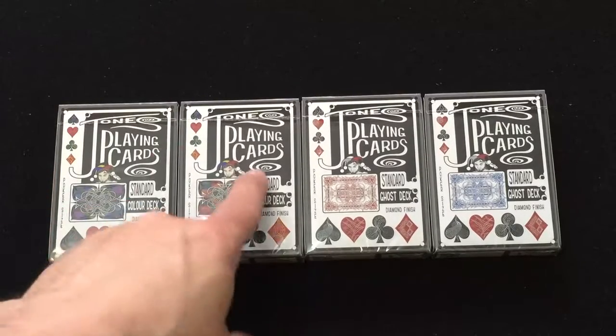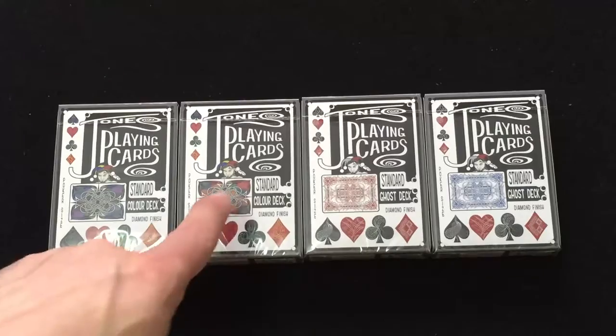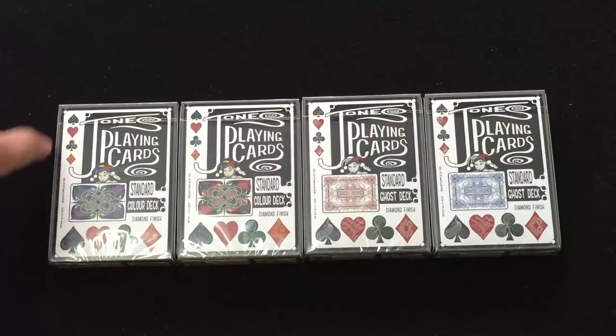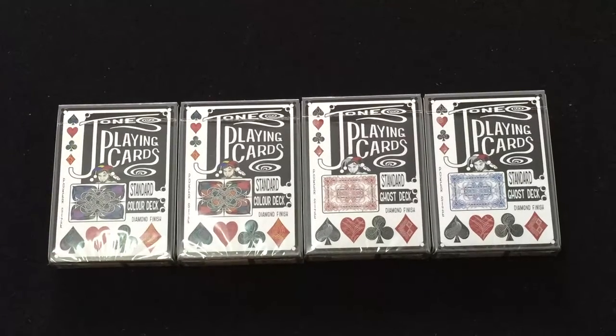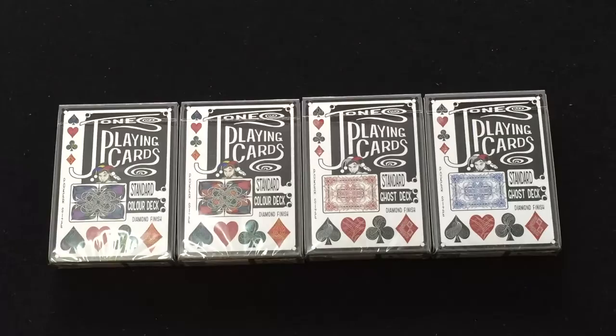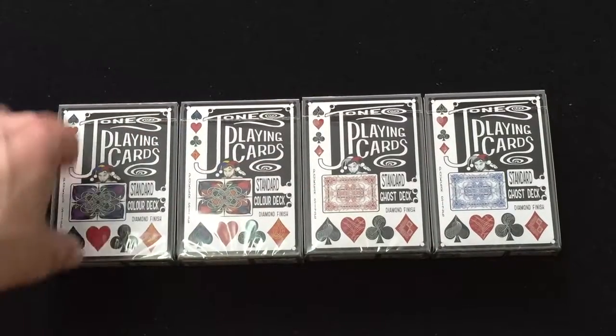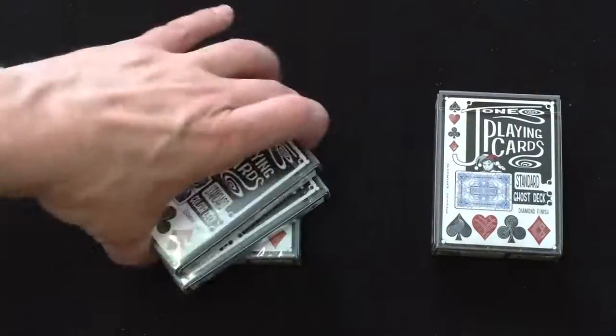Front says Jones playing cards, standard color deck, diamond finish, and standard ghost deck. And it has 4 pips up here in the left-hand corner and 4 big pips on the bottom. It also says poker size along the side here, and it shows you the back design. Onto the sides,